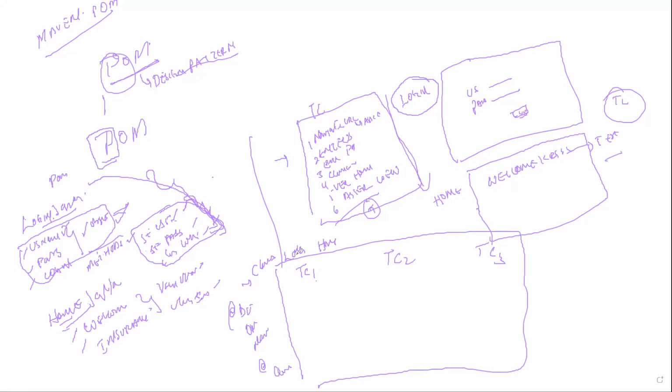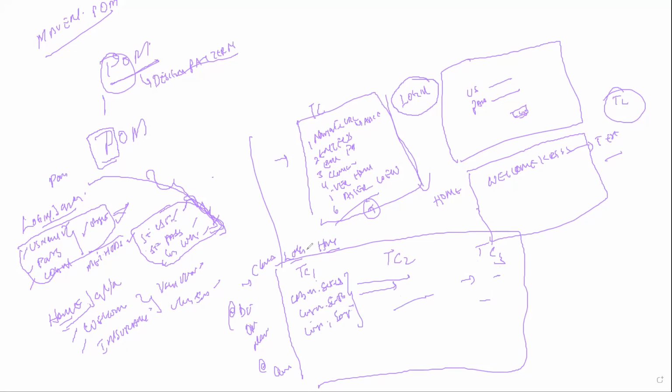In this particular test case, I already created an object for the login and the home. Now, as I created the object, I'll call login object dot set username, login object dot set password, and login object dot login button click. The same three steps I'll replicate here, here, and here.